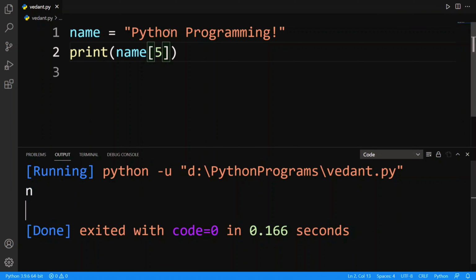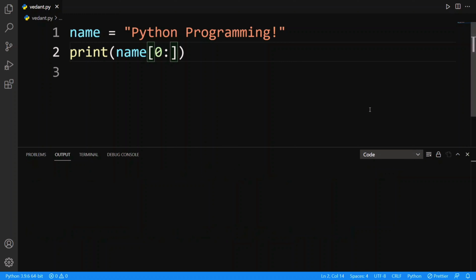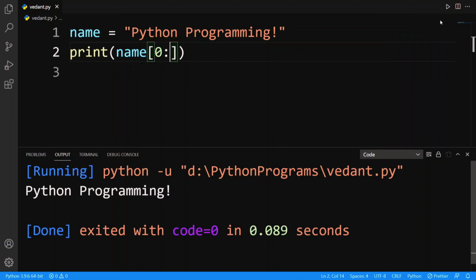Now if I want to print from 0 to the entire string, I can use it like this: 0 colon. So 0 is the starting point, and after this colon we provide an ending point. From 0 with the end being nothing, it will basically print all the characters from the start to the end. So you can see we get the whole string here.